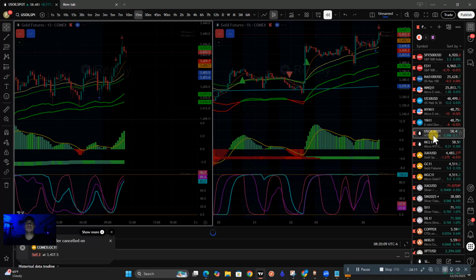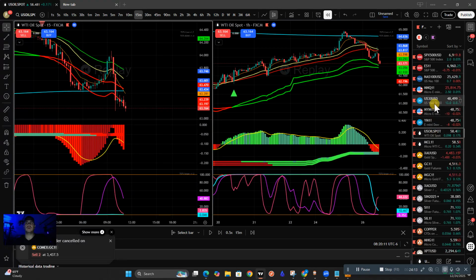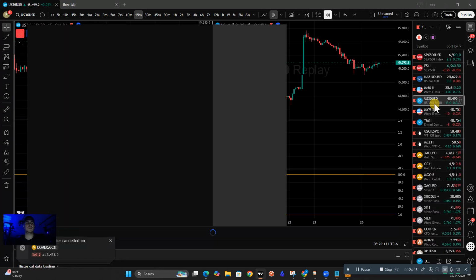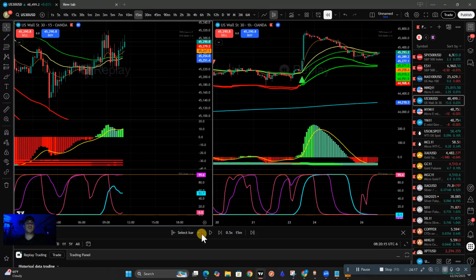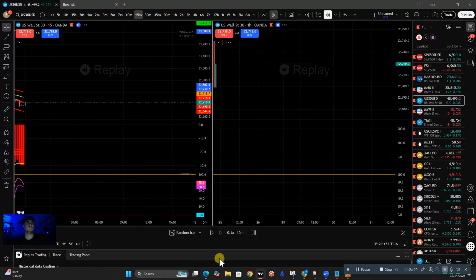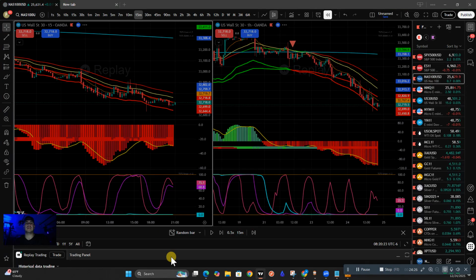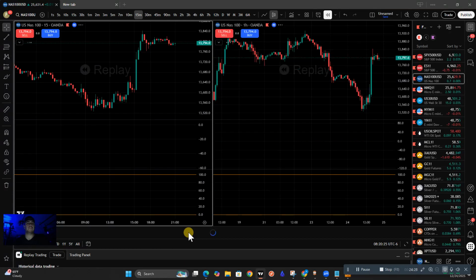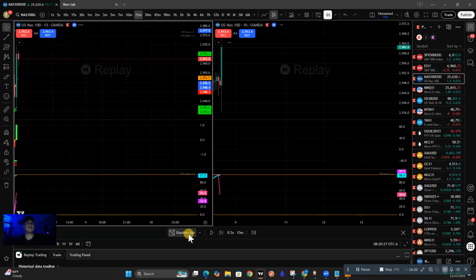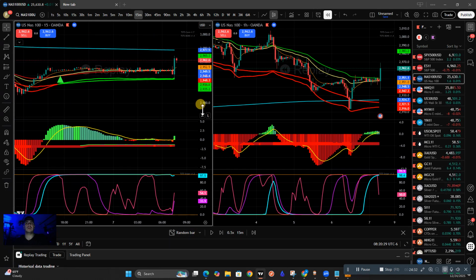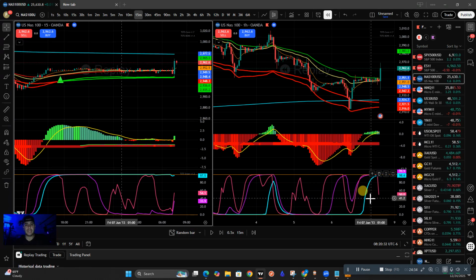Doesn't matter what it is. You can change your symbols. You can go to whatever you want. You can go to US 30. Pick random bar, anything you want. Crypto, it doesn't matter. NASDAQ. Again, same thing, random bar. And just plain watching your snipers, slowing it down, getting used to putting your stops, your stop losses, and